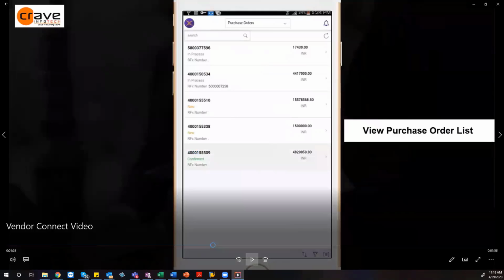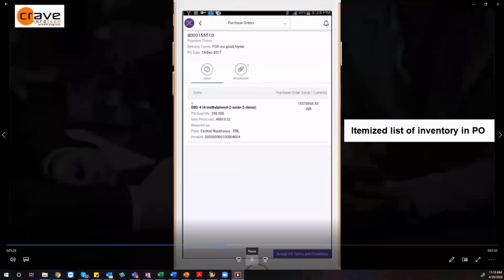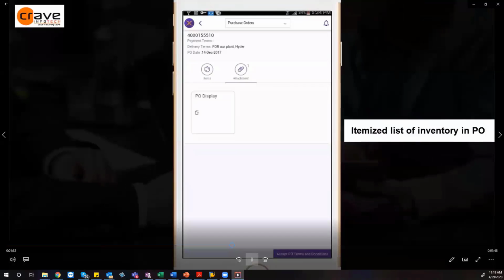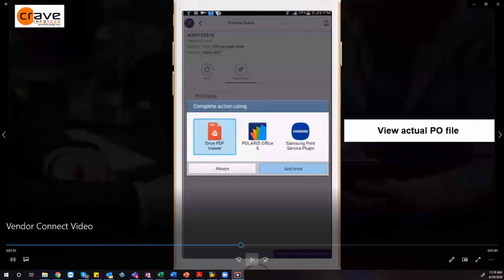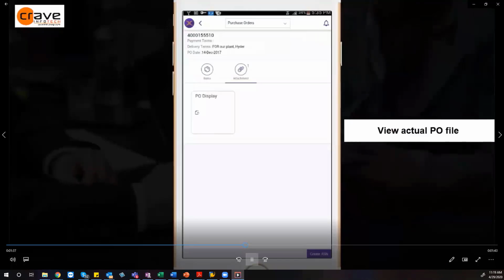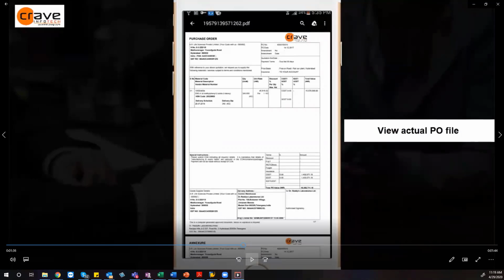This is the list of purchase orders which are issued. So I see the details of the purchase order. I see how many line items there are. If there are attachments, they will be able to see those attachments also. You can assign any document which you want to upload against that purchase order. Here they will also get a view. That was the attachment of the purchase order coming from SAP.